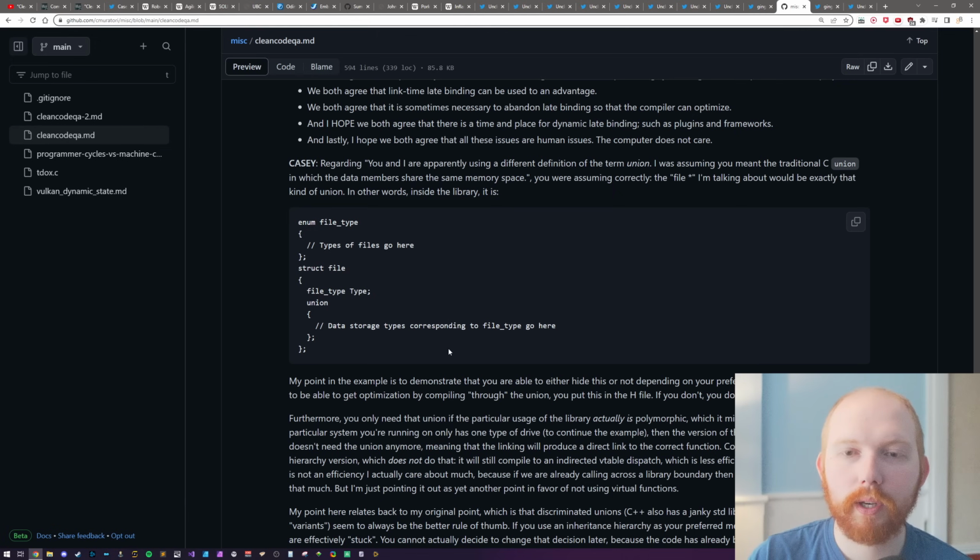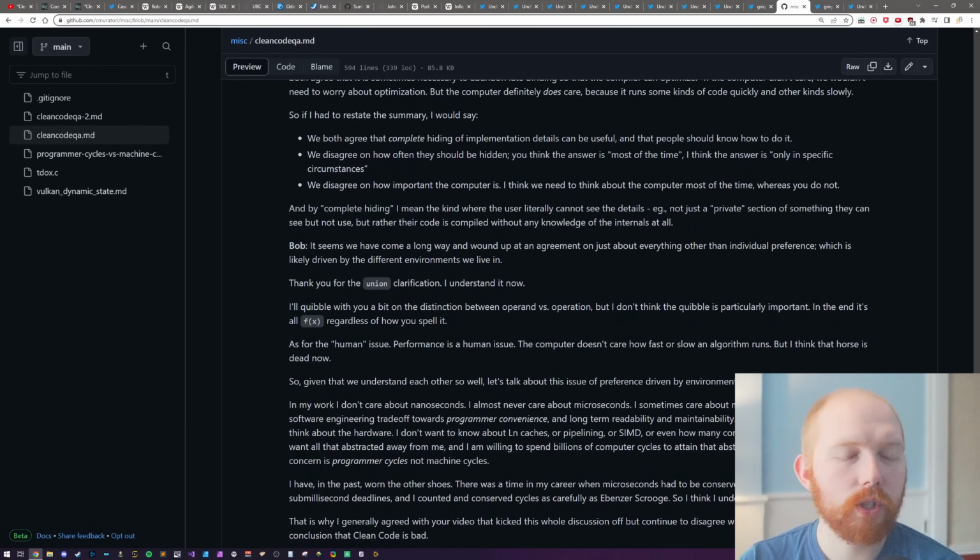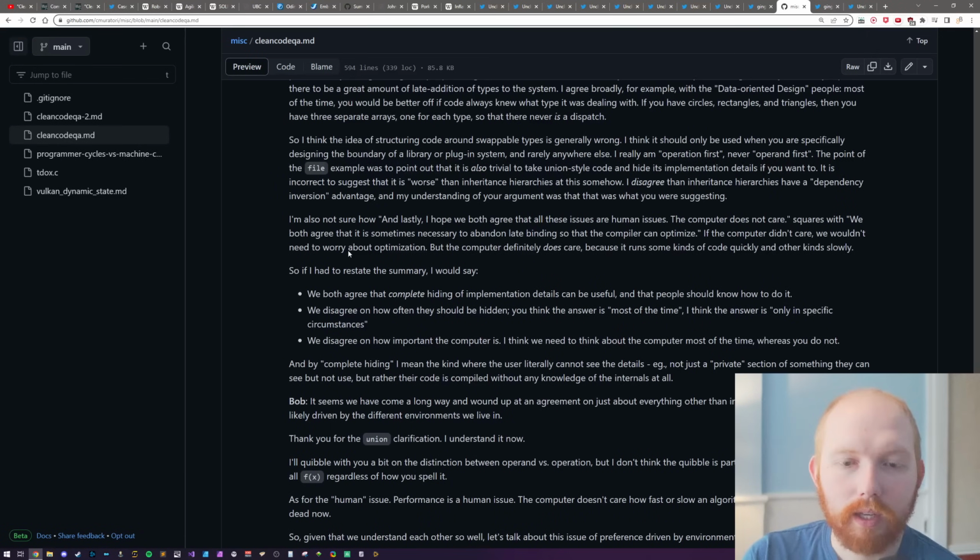Because in practice, there's actually only a certain set of files you could have. You could even have the general case where it will be like a vtable. Sometimes it won't use a vtable, but you can always optimize off that. And there's many different things he's discussing here, and he's talking about the union case. Now,